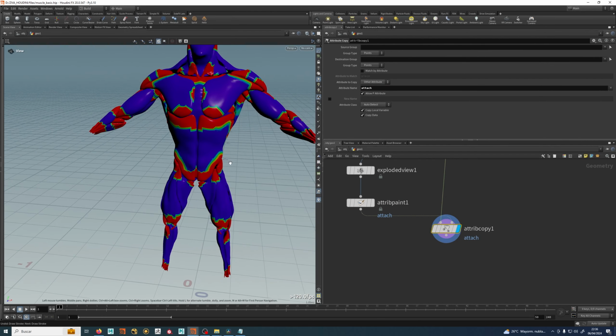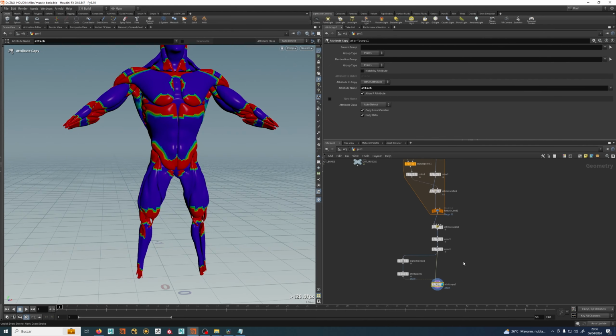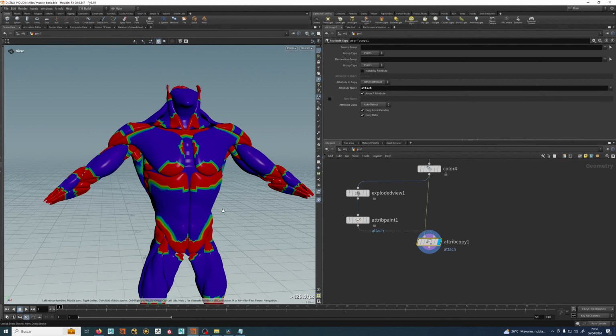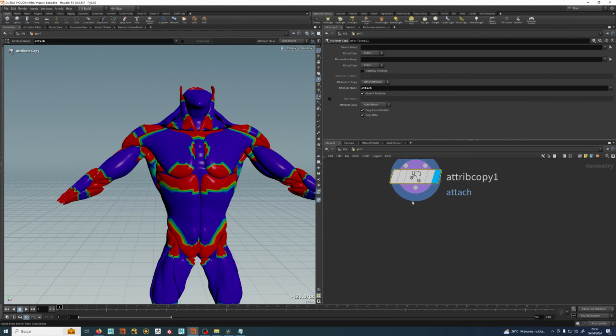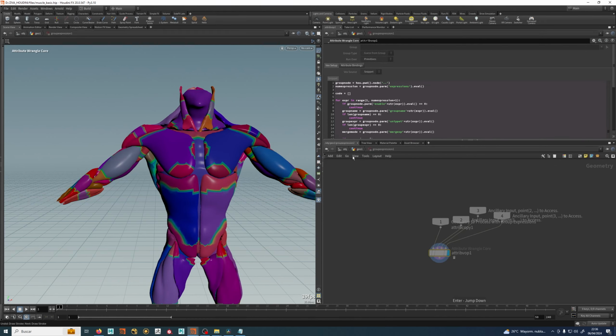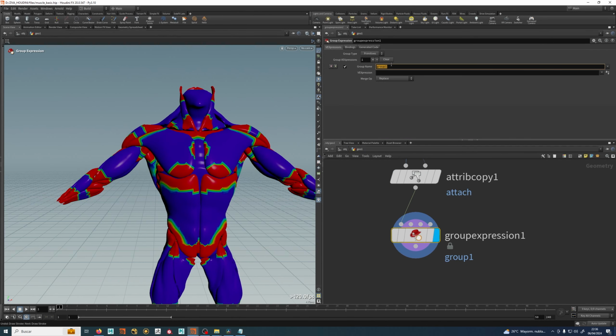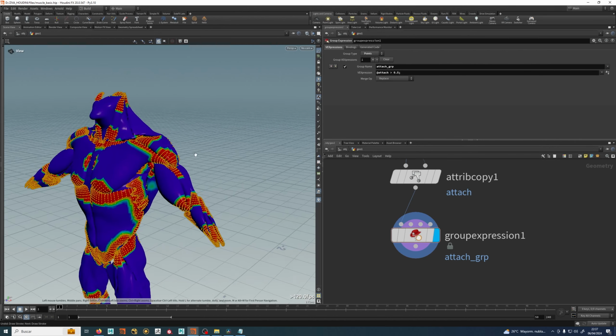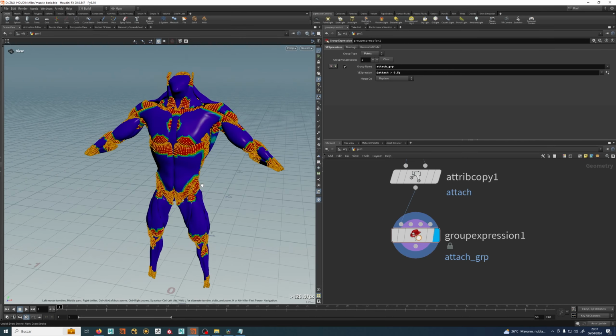And we have our painted attach. Amazing. Great. Let's try and do now the remesh and everything. But first of all, we will do the group. So we can do a group expression. Let's do that. And attach group. And the expression is attach is greater than 0.5. Something like that. So this is a point group, and you can see all my attachment points are